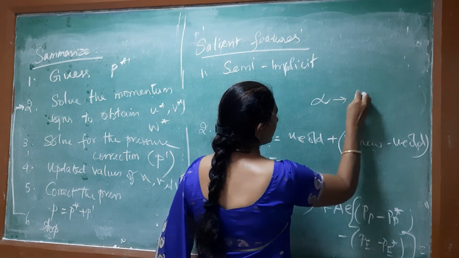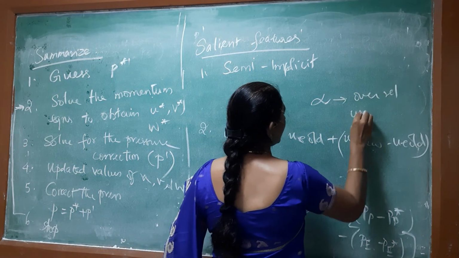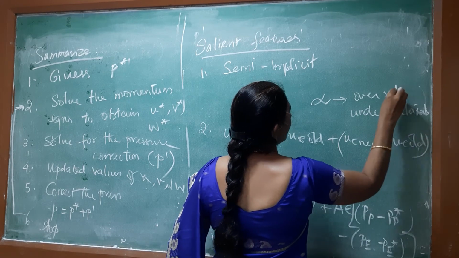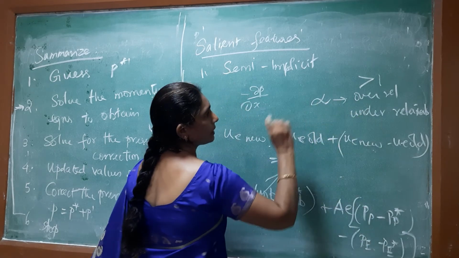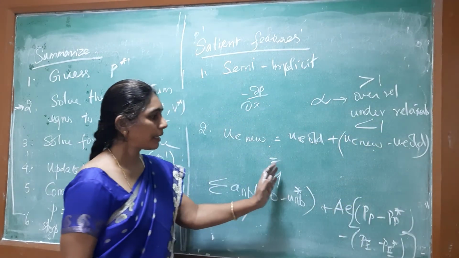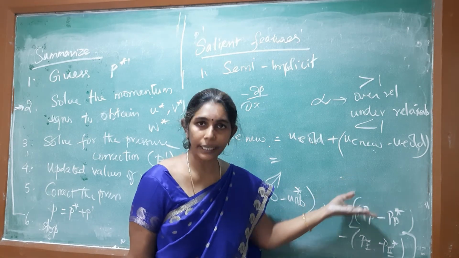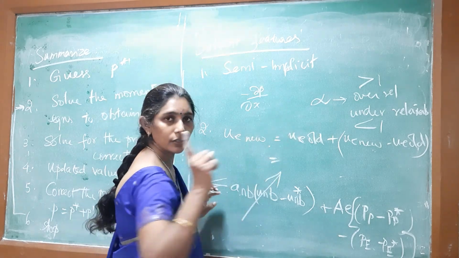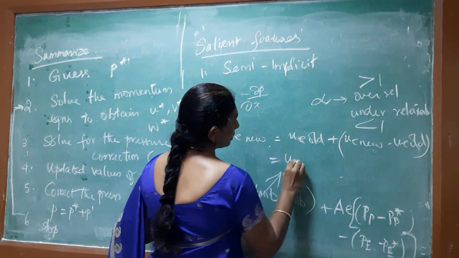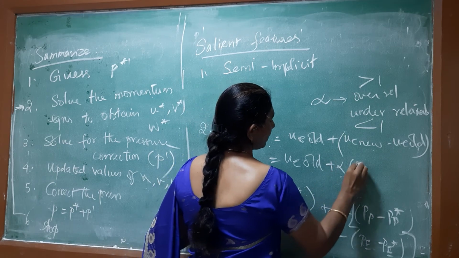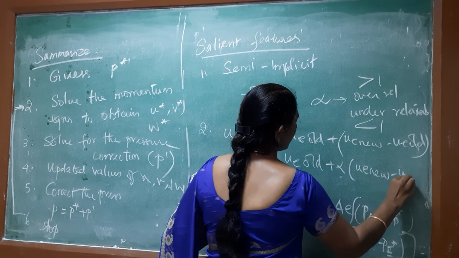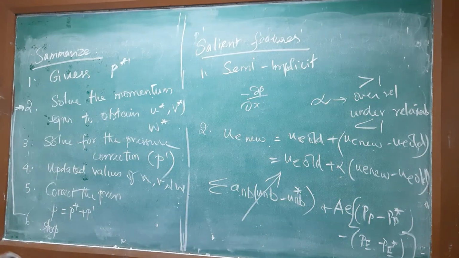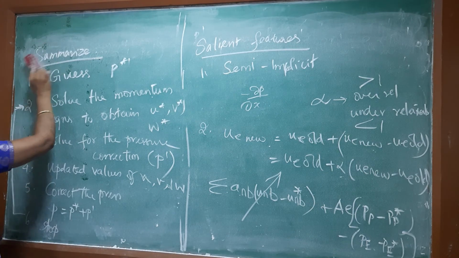There are two relaxation factors. One is the over relaxation factor and the other one is the under relaxation factor. In this case, alpha will be greater than 1. In this case, alpha will be less than 1. We already know that this has been over exaggerated. So we definitely have to bring down the impact of this. So we are going to introduce the under relaxation factor. So here it is going to take the value of 1. So it is UE old plus alpha into UE new minus UE old. So these are the two main salient features of this algorithm.